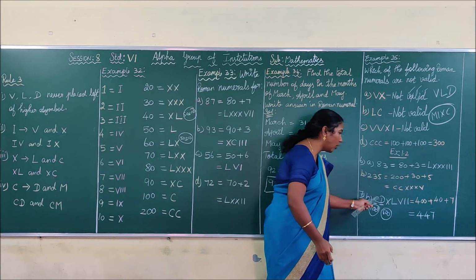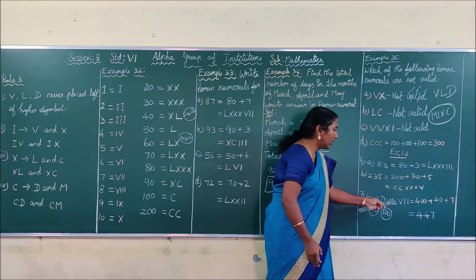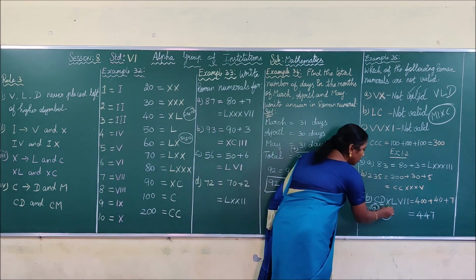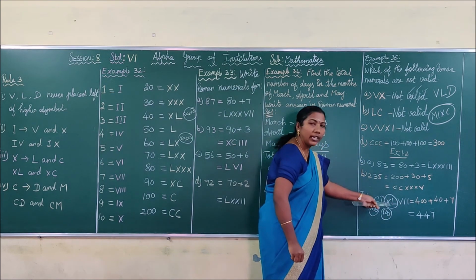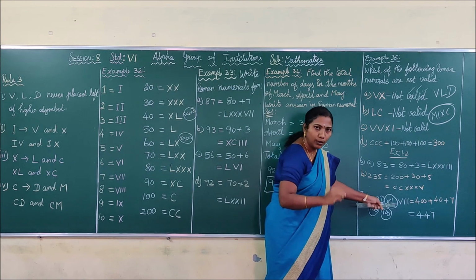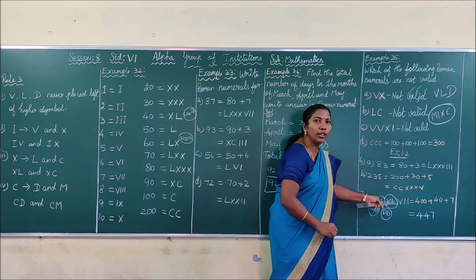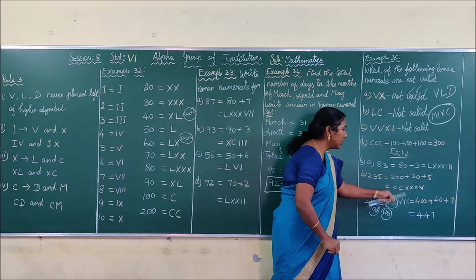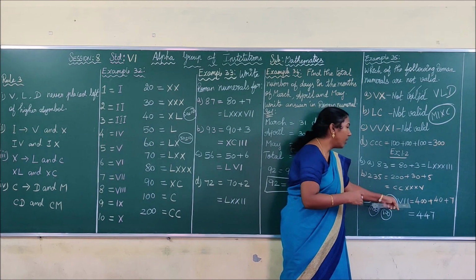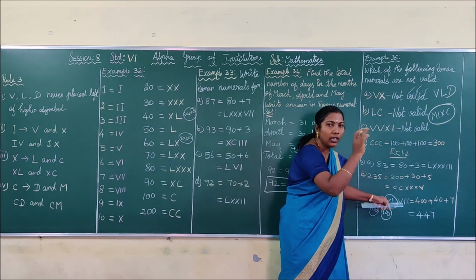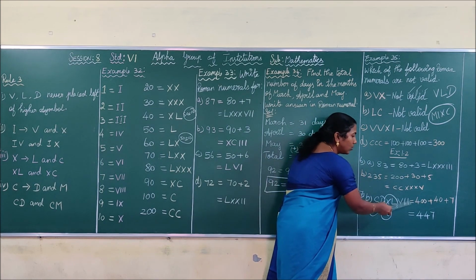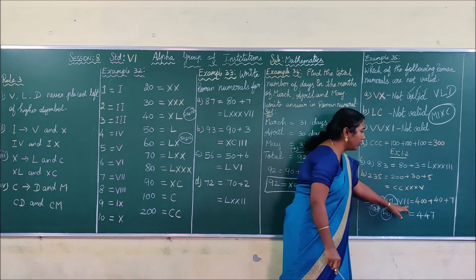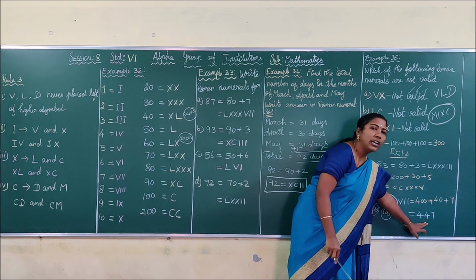It's clear, children? Further, you have to choose the next 2 symbols. See the next one, XL. One is a smaller symbol, one is a higher value symbol. So here also you have to subtract. What is the value of X? 10. What is the value of L? 50. So you have to subtract 10 from 50. You get 40. So write here 40. Between these numbers you have to write plus. Okay, what is this? VII. If the symbol of smaller value is placed on the right hand side of the higher value, you have to add. So add these 2 values to 5. You get 5 plus 1, 6. 6 plus 1, 7. Thus the given value is 400 plus 40 plus 7 equal to 447.